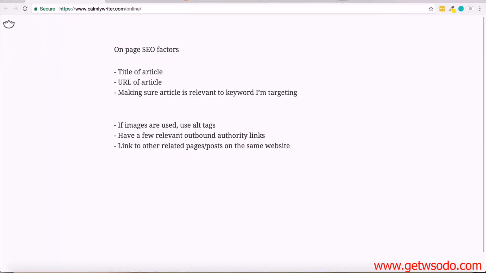All right, so there's two big elements when it comes to SEO and ranking in search engines. There's on page and then there's off page. On page is kind of what it sounds like. It's all of the elements on the actual page or post or website. And then off page SEO factors and elements means all of the backlinks and other content and other websites that